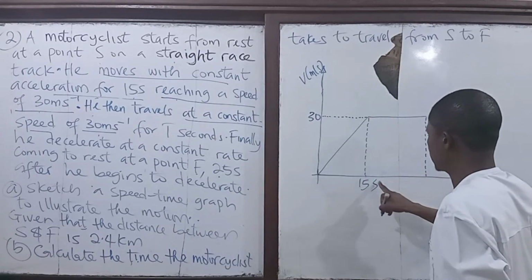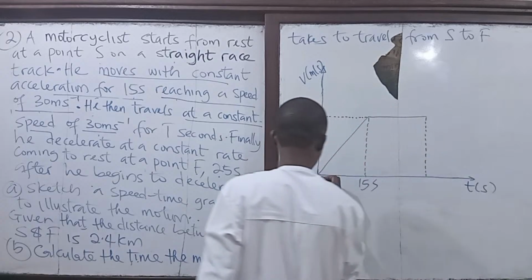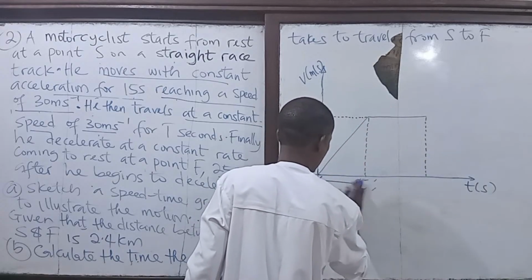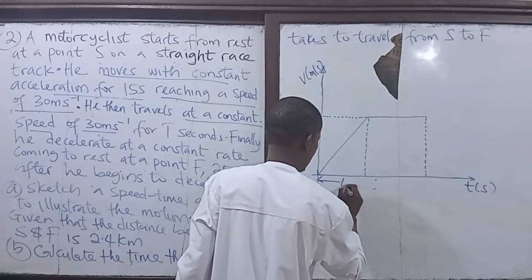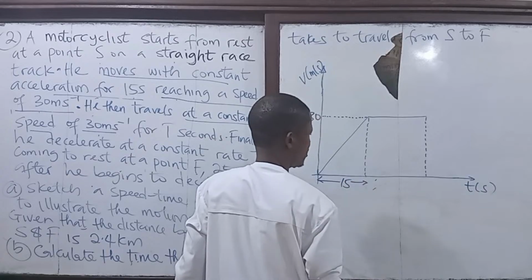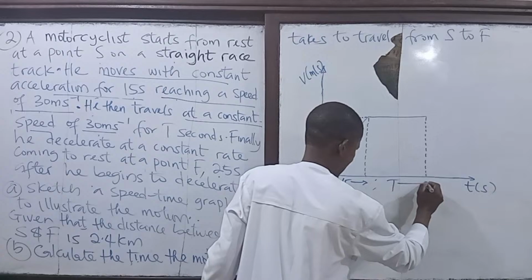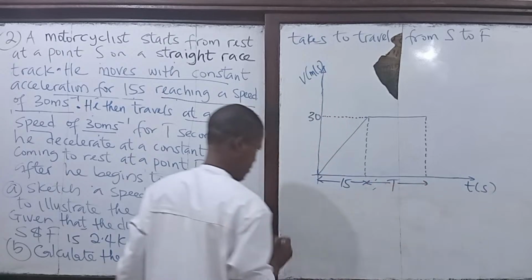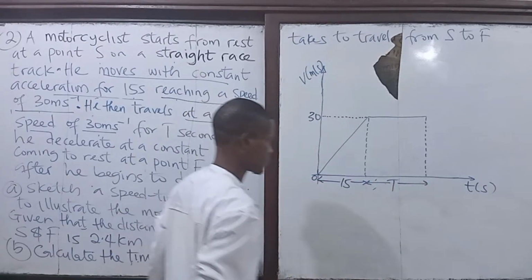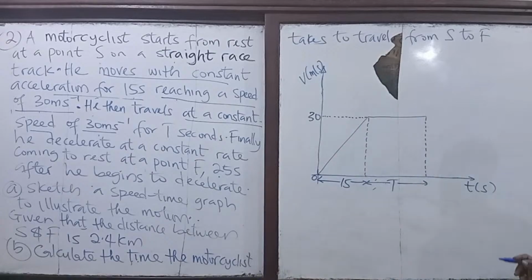So that means this 15 is from here to here. The 15 seconds is from here to here. 3 seconds is from here to here. This is the origin. And finally,